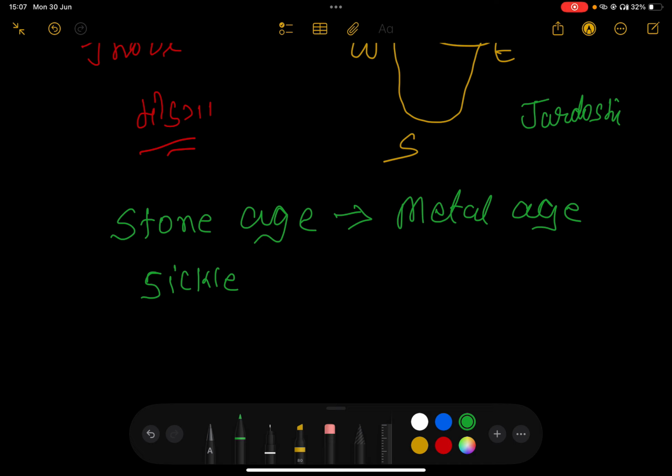Gold and silver were used for making ornaments. Copper, brass, and bronze were used to make utensils and idols, whereas iron was used to make instruments and weapons. So the people basically knew that iron and steel were available abundantly and they were very strong as a metal. So they knew which thing to use for which purpose, right?